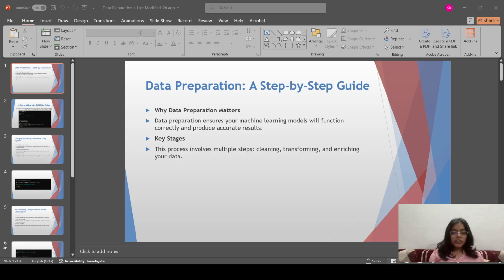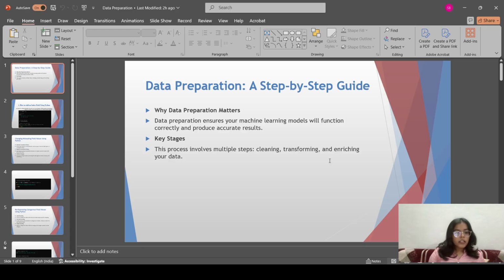The fifth is data reduction, in which two steps are included. The first is feature selection, like choosing the most relevant features for the analysis, which is good for our data. The second is dimensionality reduction, techniques like PCA, principal component analysis, to reduce the number of variables. And data splitting is the last step, which is dividing the data set into training and testing sets to evaluate model